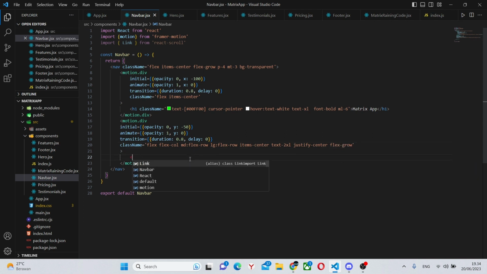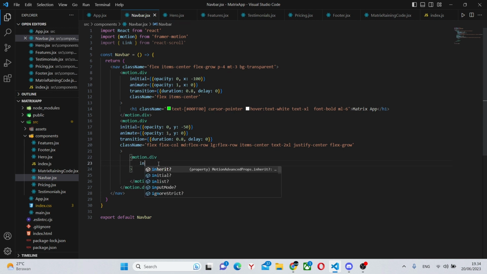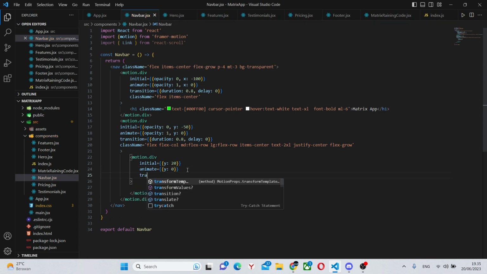And here we can have another motion.div with a different sort of animation. The initial is going to be y of 20. The animate is going to be y of 0. The transition is going to be similar as before, but it's going to have different values.